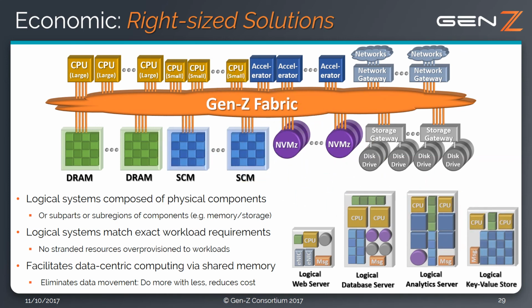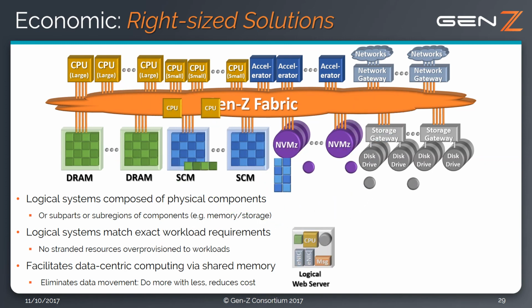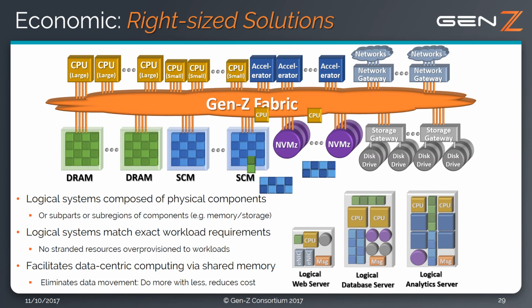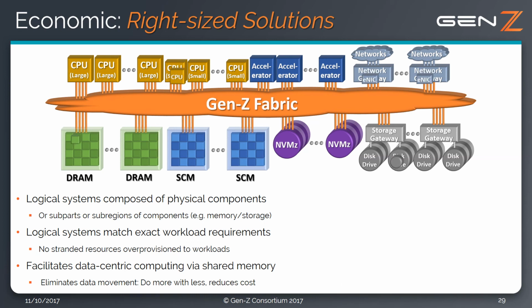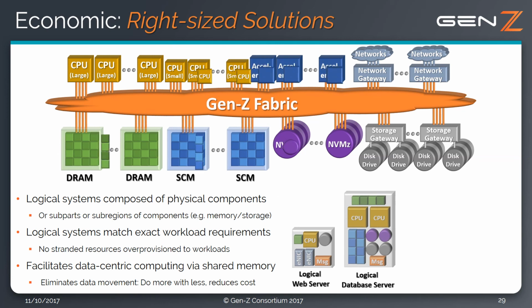As seen in the figure above, Gen Z fabrics enable fabric-attached DRAM and storage class memory, CPUs of any size and computing capacity, accelerators including GPUs, FPGAs, DSPs, custom ASICs, and storage accelerators that support rich data services, SSDs and NVMe drives, and gateways to legacy storage and networks. This architecture enables us to partition the infrastructure to create logical systems and servers that are tuned specifically for the